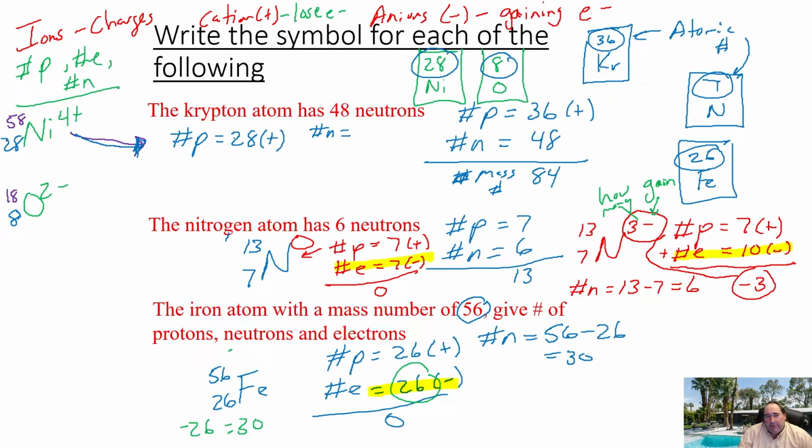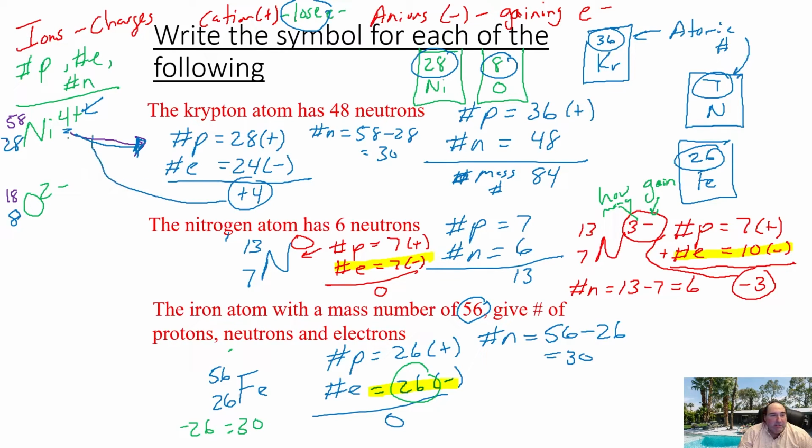For neutrons it would be 58 minus 28. That's going to be 30, it looks like. And now we're at our number of electrons, which is really what affects the charge. So let's analyze the charge. I got positive, which means it's going to lose electrons. And it's a 4, which means it's going to lose 4 electrons. So really, I could just subtract 4 from the atomic number, and that's going to give me 24 electrons. That's going to give me a net plus 4 charge, which once again is the +4 charge that we see there.